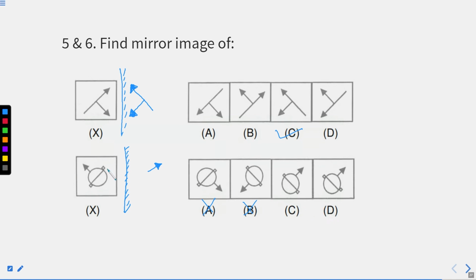Now what do you have to check? A circle is there. Let me draw a circle for you, right? A line is moving towards the mirror. Here a line will move towards the mirror. Here it is away from the mirror, so it will be away from the mirror. Here it is close to the mirror. Here it is close to the mirror. Now check which diagram is following the same. Option number D, right? No, you have to check these positions as well. This is now pointing inward. This is pointing outward. This is pointing inward. So option C will be your answer.